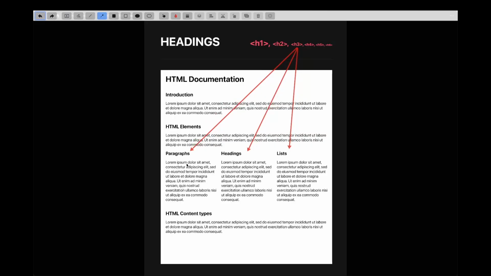If our paragraphs subsection had more sections inside, we would use the heading 4 element and so on. But typically, the heading 1, heading 2, and heading 3 are more than enough to have a well-structured page. There are a couple of rules you should follow when working with the HTML headings. The rule number 1 is that the HTML document is expected to have only a single heading 1 element, since